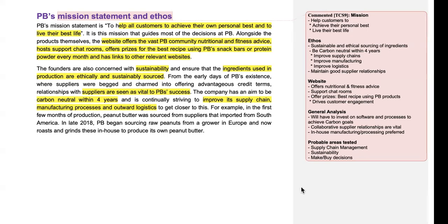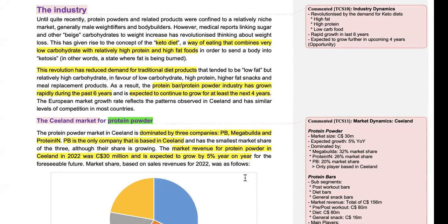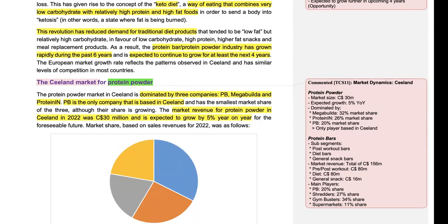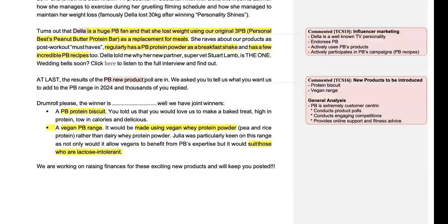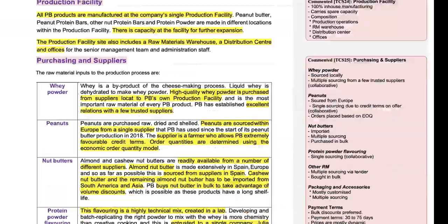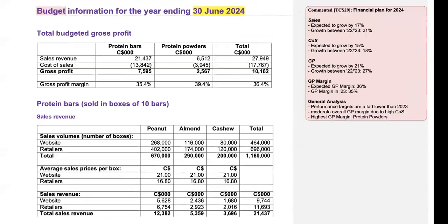So if you go through these annotations, it's like a good study summary or a mind map, which will make your life easy, rather than going through 25 pages and trying to remember the most important points highlighted within the pre-seen. Simply refer to the annotations, then you'd know which of the information are relevant and you can leave out the irrelevant information. So throughout the pre-seen document, you can see the annotations. And as I mentioned earlier, at the very end, the financial statements, yes, as you can see at the very end, the financial statements are provided and the budgets are